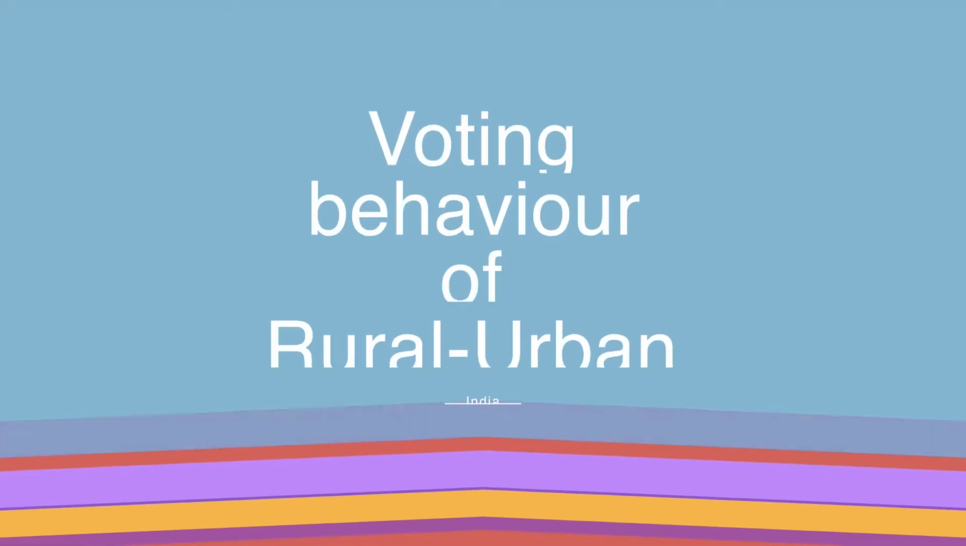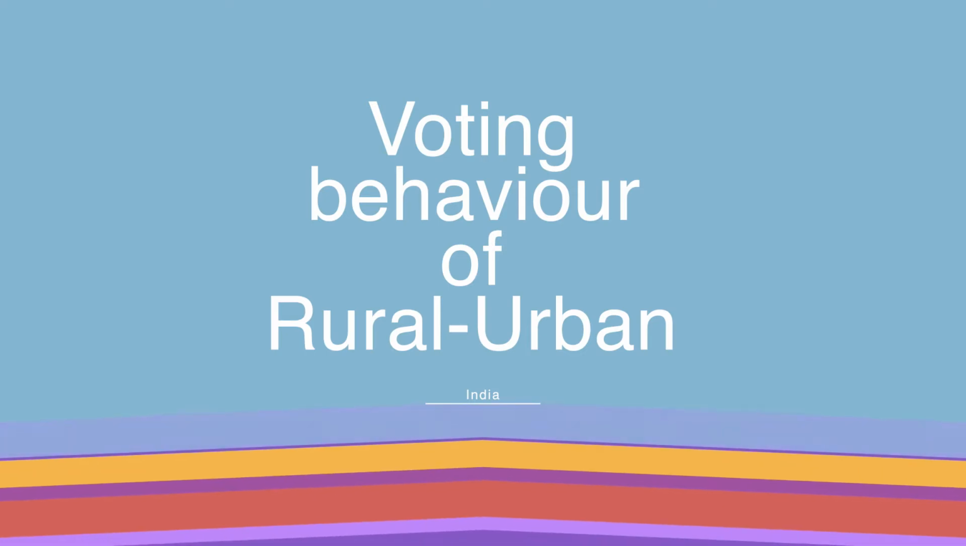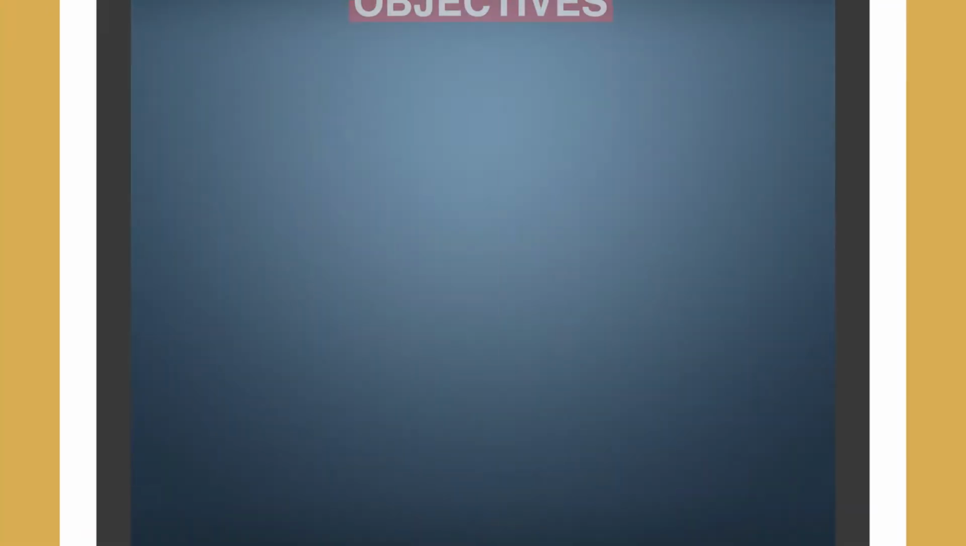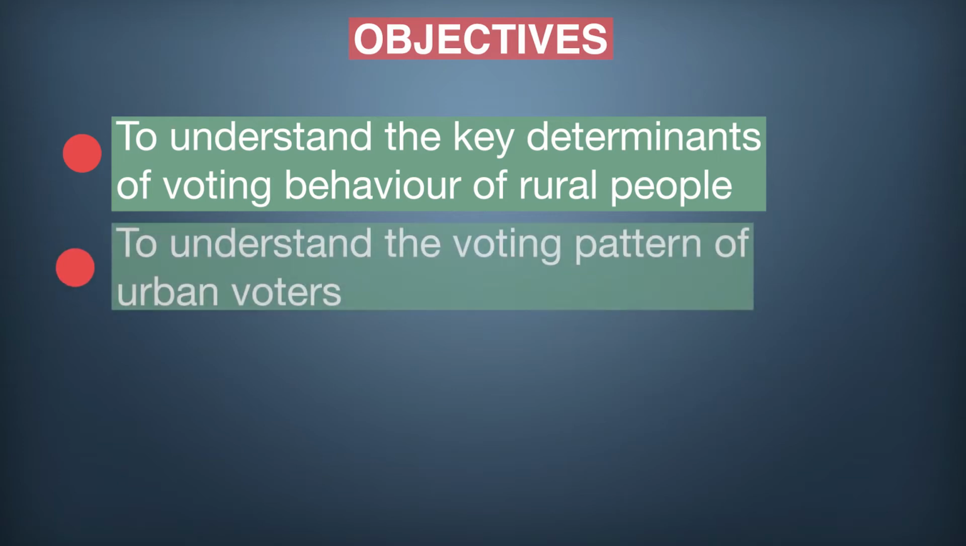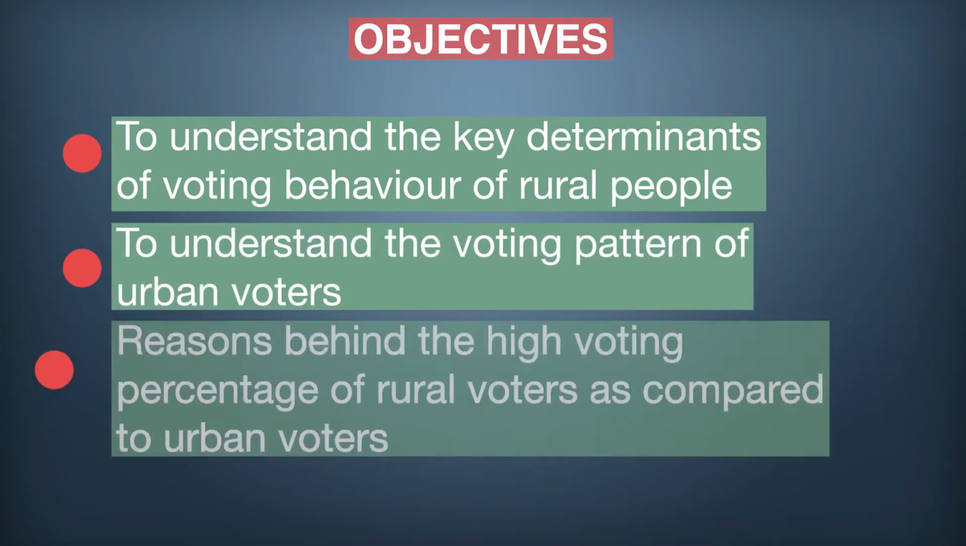Hello students, today we will be discussing the topic voting behavior of rural and urban India. The basic objective behind today's discussion is to understand the key determinants of voting behavior of rural people, to understand the voting pattern of urban voters, and to understand the reasons behind the high voting percentage of rural voters as